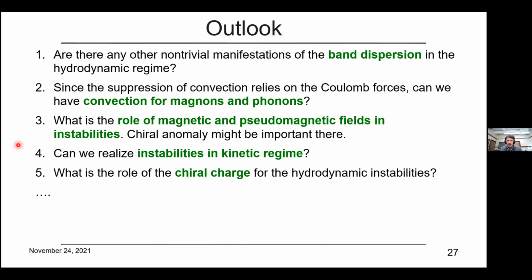What is the role of magnetic and pseudomagnetic fields in the instabilities, both current-driven, convective, and others? Chiral anomaly can be important here, for example. Other questions include, can we realize instabilities in the kinetic regime, not the hydrodynamic regime? What's the role of chiral charge? And many others. I'm open for discussion, and I hope that the Polish NAWA fellowship will allow me to continue this